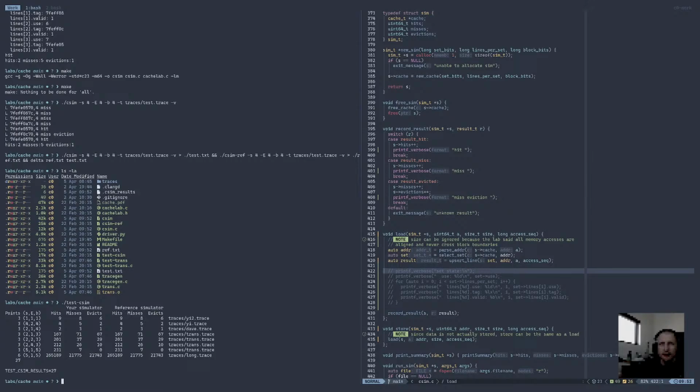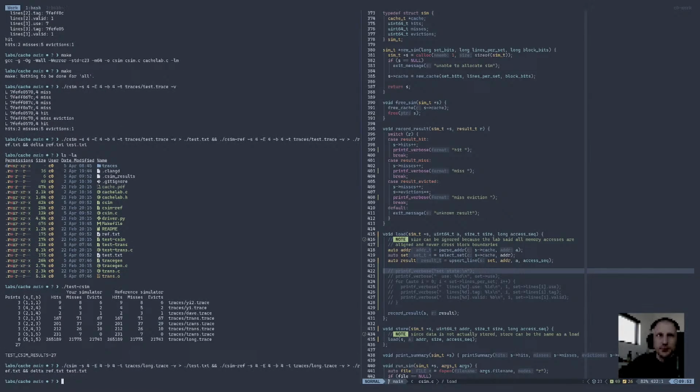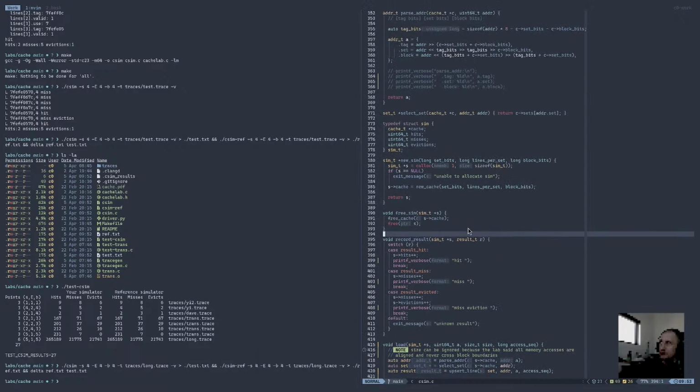And if we run our thing here on the long test, we're going to go long test long. That's the same as well. Okay. So that was a pretty common bug where we have